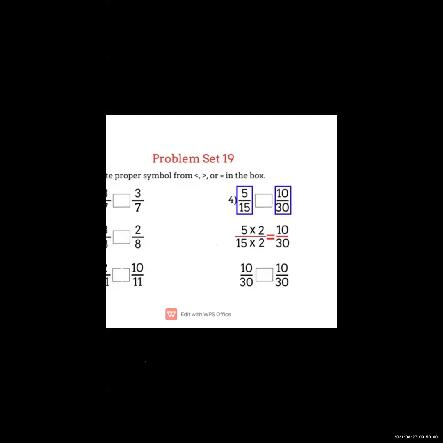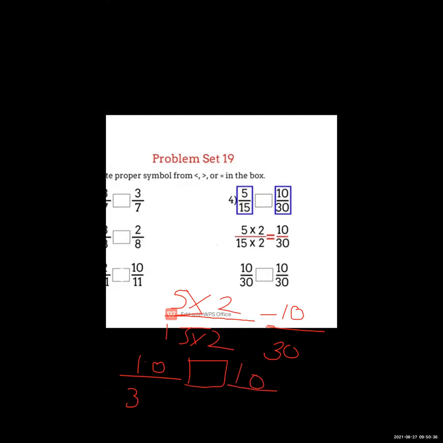So first we will write 15 and 30. In 15 table 30 is going. Yes, so we will take 5 upon 15. 15 twos are, so we will write 15 twos are and 5 twos are. 5 twos are 10 and 15 twos are 30. So which answer we got? We got 10 upon 30. And the second fraction is, as it is, we will write 10 upon 30.